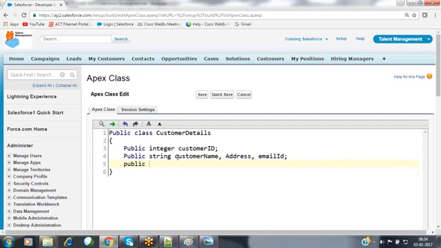Now I'm defining these members inside this class. Like I'm defining the active status of the customer, public date, birth date. These are the various members that I have defined inside this class.